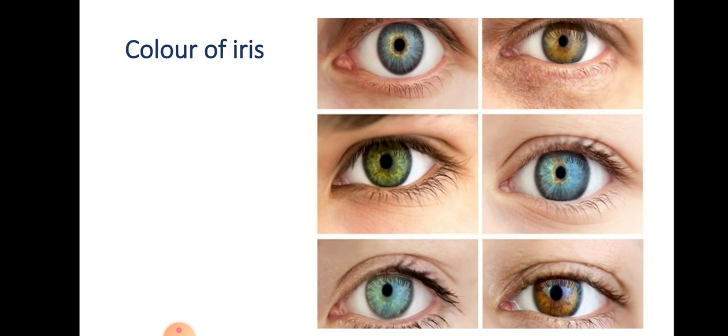For that, they have given one activity, activity 16.8, on page number 206. You have to look into your friend's eye and observe the size of the pupil at normal. Then throw light on the eye with a torch and observe the pupil now. Next, switch off the torch and again observe the size of the pupil. Do you notice any change in the size? Surely you will notice some change.